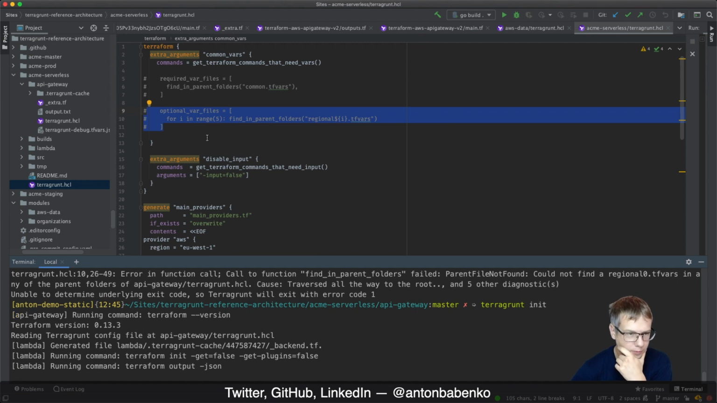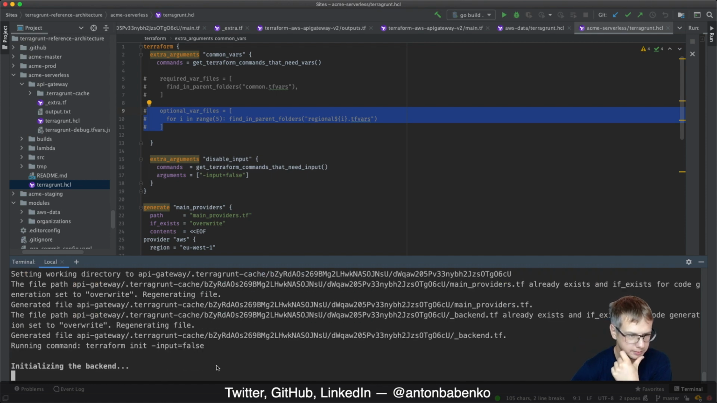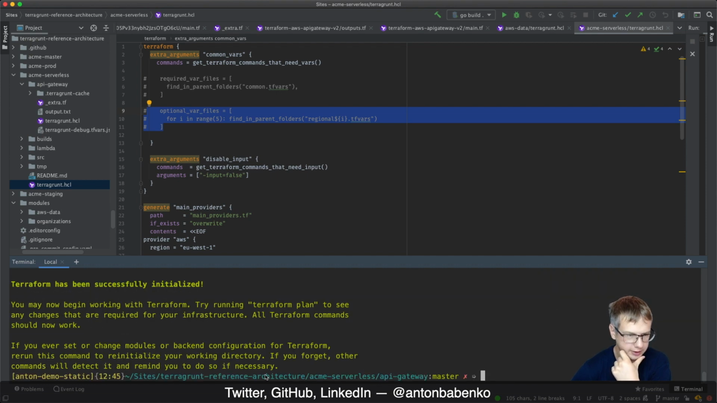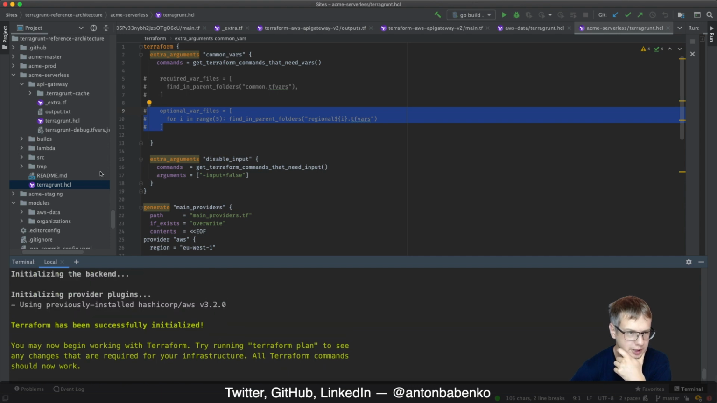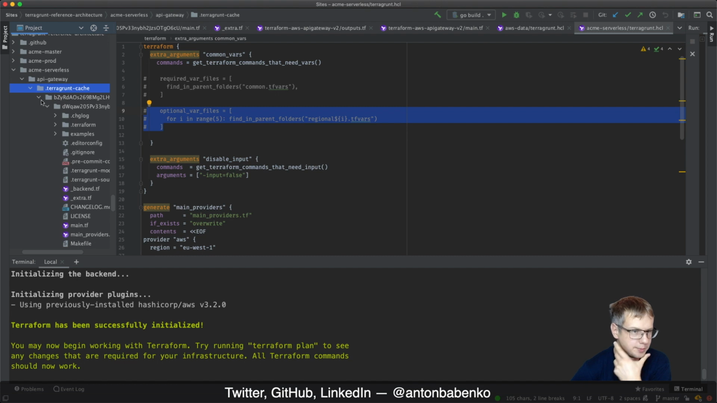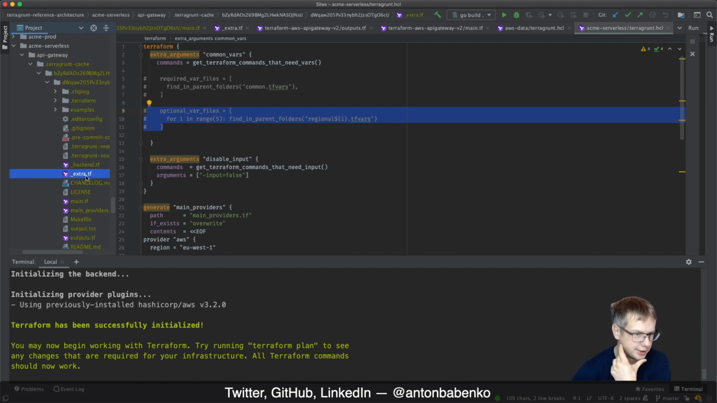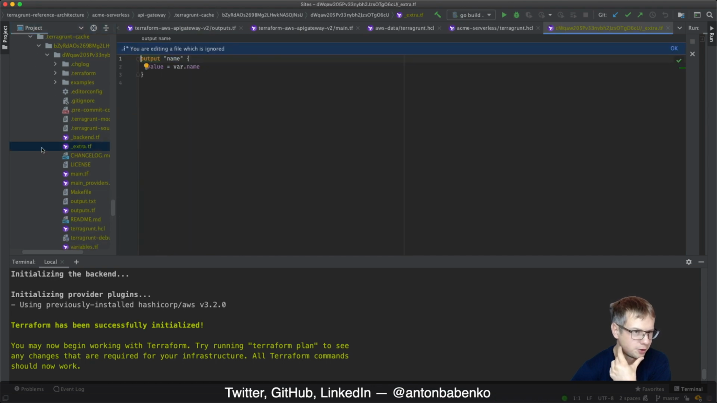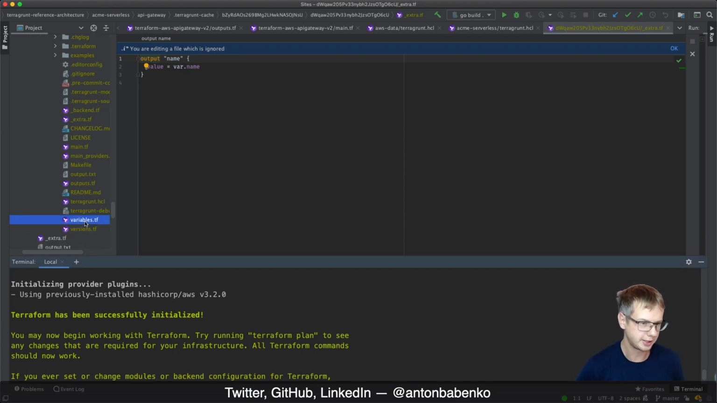So now I'm waiting a little bit, and it's calling some other scripts here and there, and it has been initialized. So what does initialize mean? Initialize means that the source code of the module was combined with this extra TF file which I just created. And as you can see in this scope, var.name actually makes sense, because it is declared somewhere here, which is